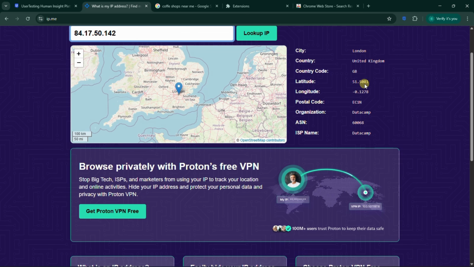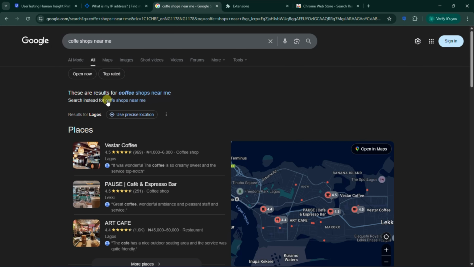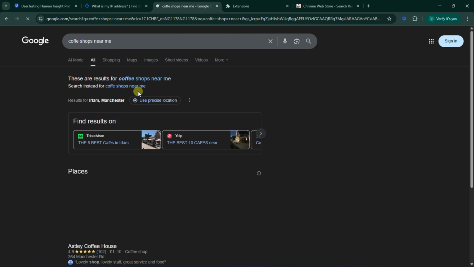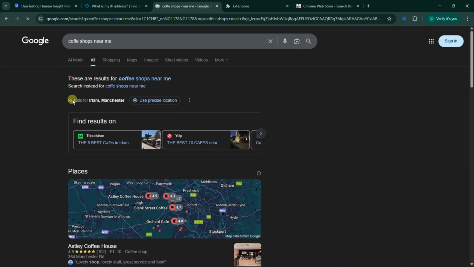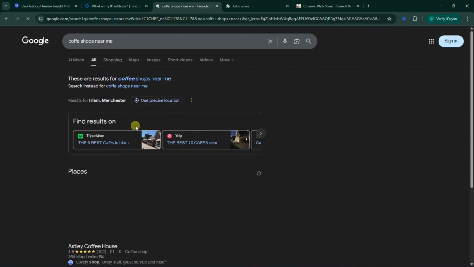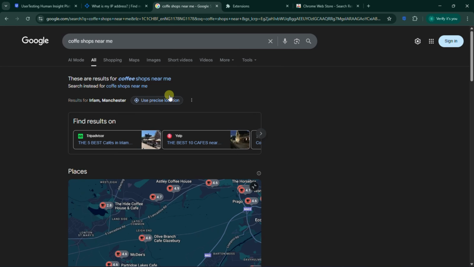Then once you add your extension, make sure that your Windscribe is on London, right? Once your Windscribe is on London, then you can come back to the coffee shops near me and search for it again. Once you search for it the second time, you will see that it will give you locations based in the UK. So once you've confirmed that your location is showing UK, please, another thing is do not click